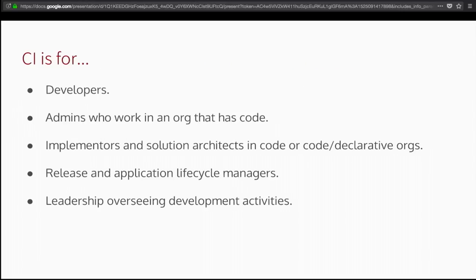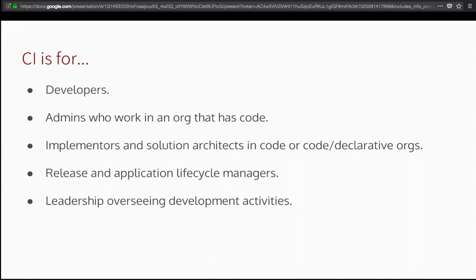I'm using a lot of developer-specific vocabulary here, but I want to make sure that we establish that CI is not just for developers. And this is something that's actually kind of unique about the Salesforce platform and how we're going to use CI on Salesforce, because we have this bifurcated but mutually beneficial approach where we write code, but we also do declarative customization. Just because you don't write code or you don't write Apex unit tests does not mean that you can't get value from using a continuous integration approach. And I'm going to show you how that would actually work later on in the presentation.